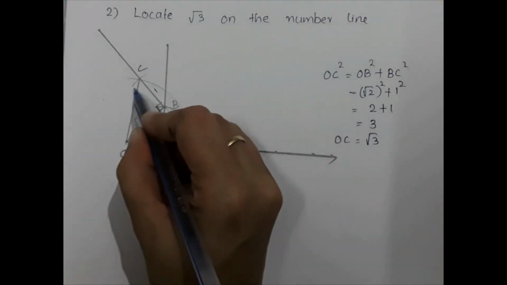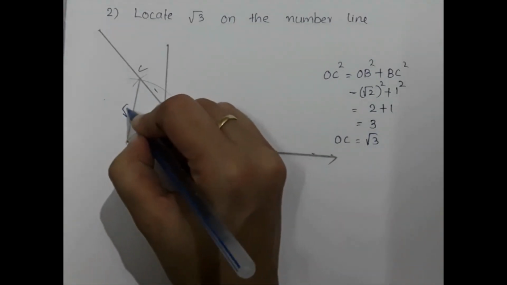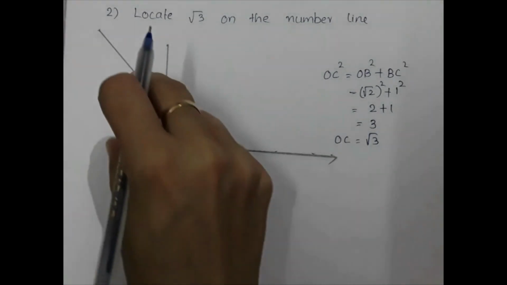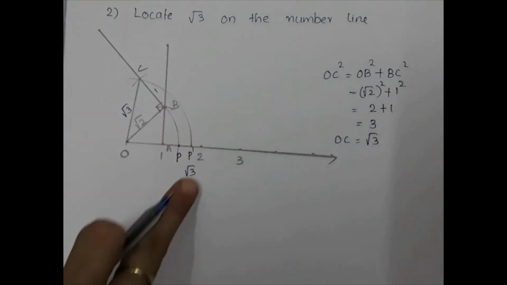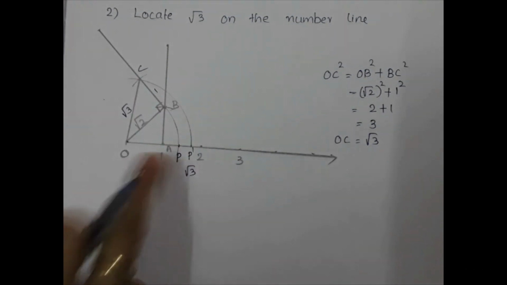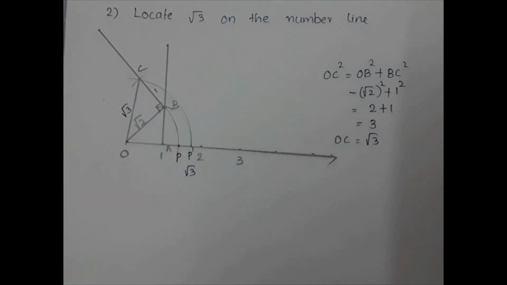So that is this line. That is OC is equal to root 3. And you are taking this much as radius, and then draw the arc. That P dash point represents root 3. Hope you understood this. Very important, root 2 and root 3. Whenever you want to construct root 3, first you have to construct root 2. So root 2 is the basis of all the irrational number construction. Okay, so hope you understood these two concepts. Then we'll move to the next one.